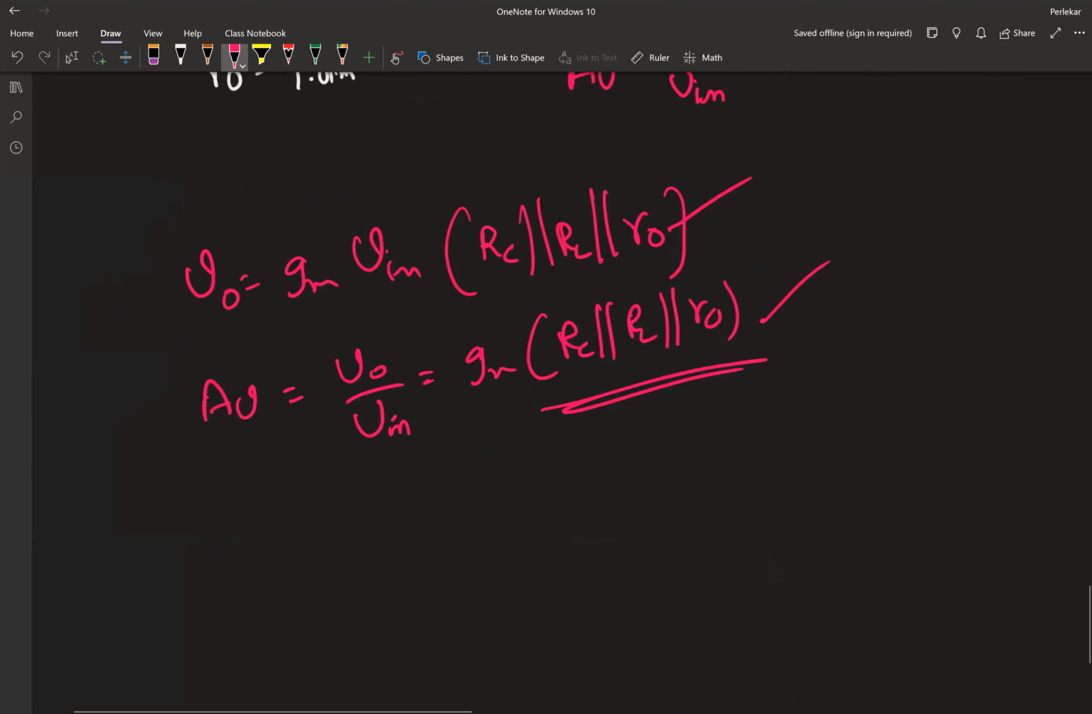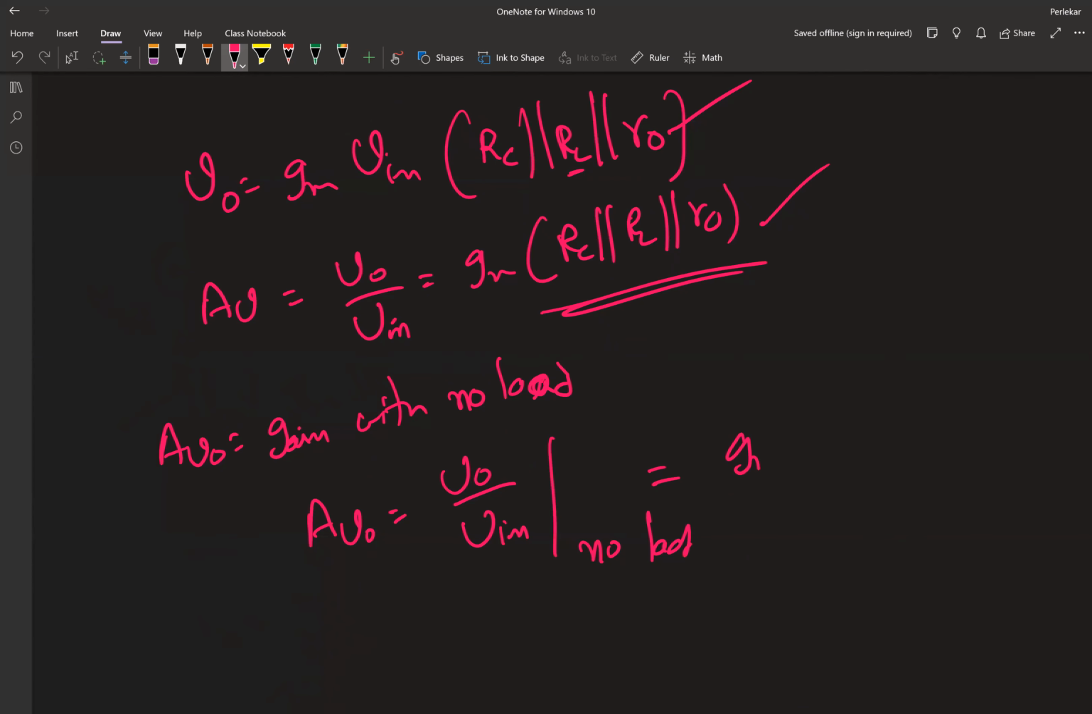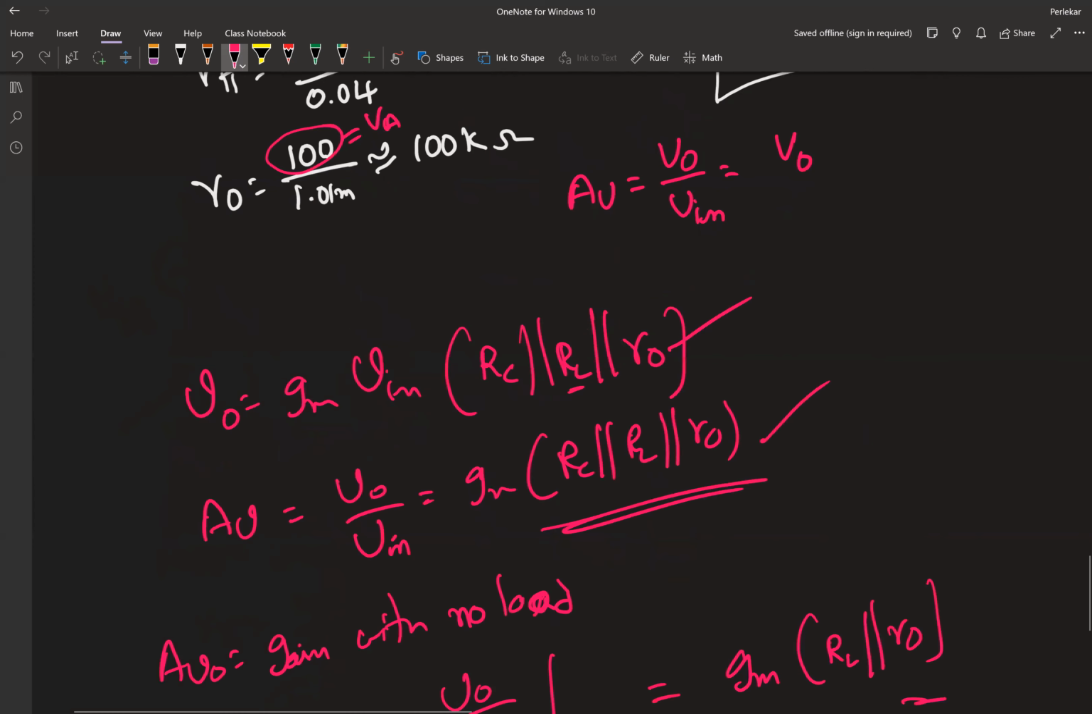Now AV naught is nothing but the gain with no load. So what I'm going to do is remove the load resistance RL. So AV naught equals V naught over V input at no load. That's going to be GM times RL parallel with R naught. That's my AV naught. By the way, remember,